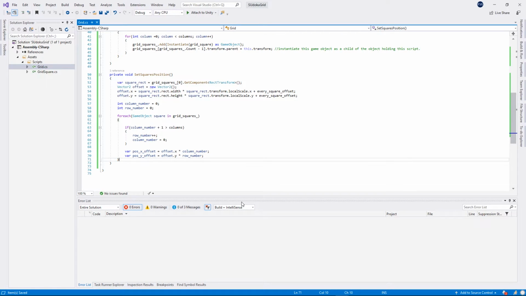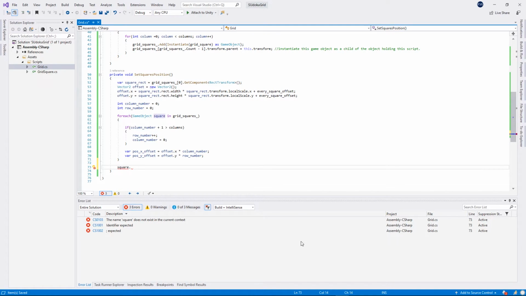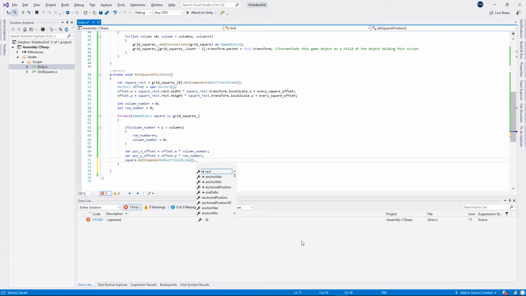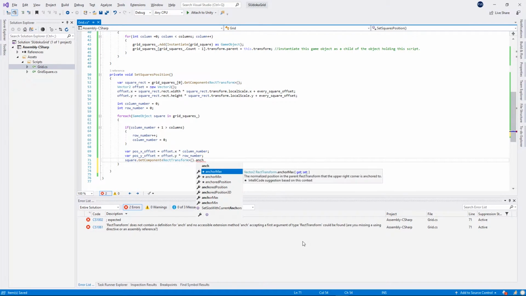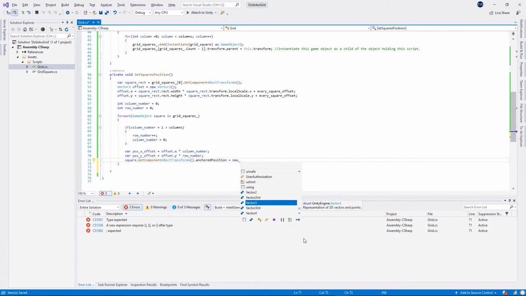And then simple, we want to set the square position, so square dot, right, we want to do this inside our foreach, square dot get component, we want to get the RectTransform dot anchored position will be equal to new vector 3